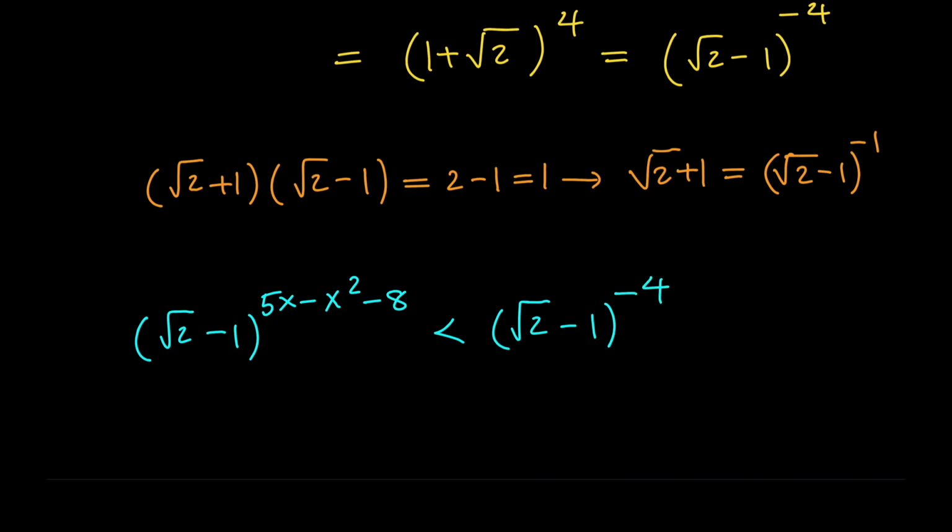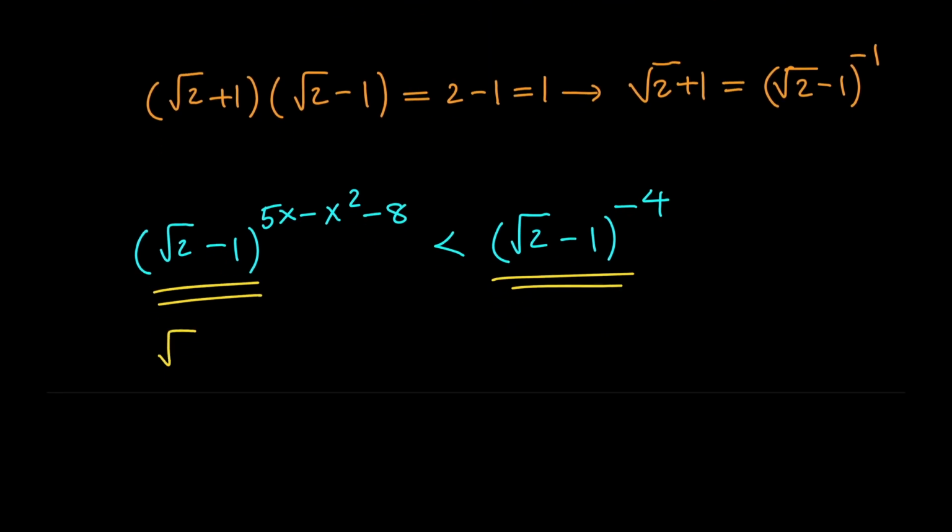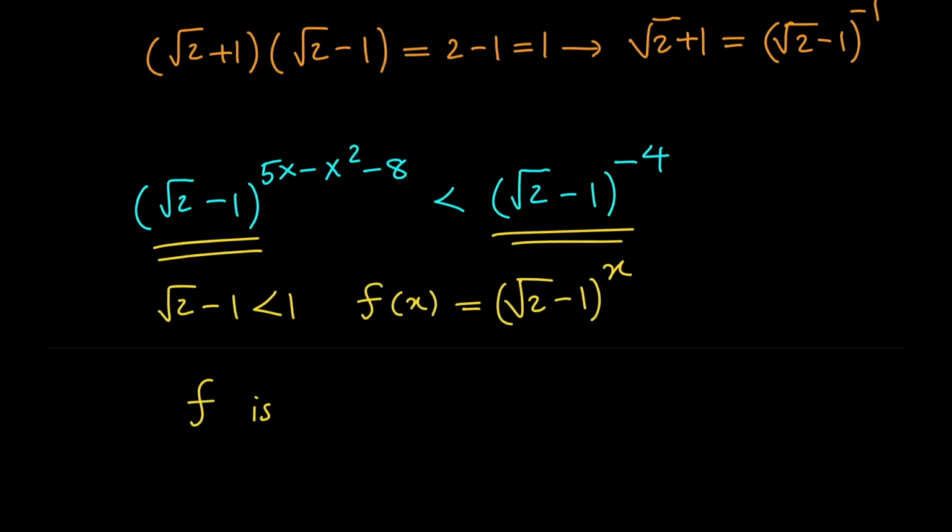Now, if you look at this, you can see that we have the same base, and that will help us solve our inequality. Notice that the square root of 2 minus 1 is something less than 1. That means that if we consider the function f of x equals the square root of 2 minus 1 to the power of x, f is going to be a decreasing function. So f is decreasing,